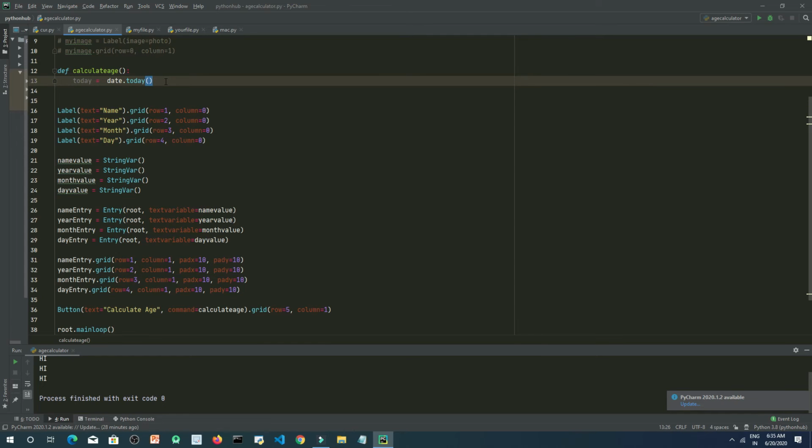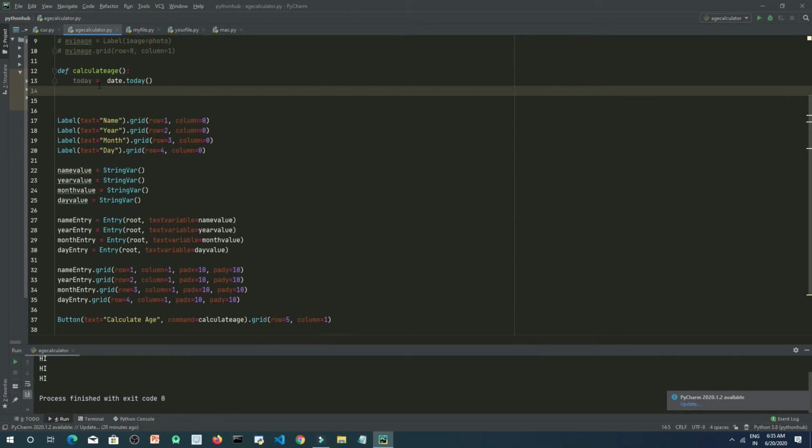Okay, so to calculate age we have assigned a variable inside which we are storing today's date, right, that is date dot today, which will give today's date to the today variable. Okay, so now after this we will calculate the birth date.